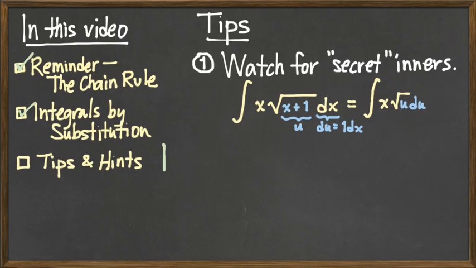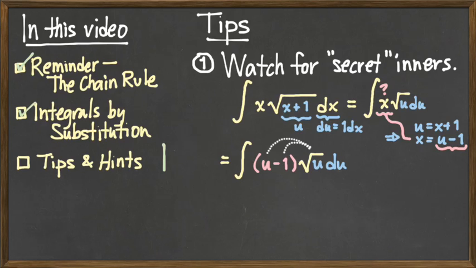The problem, though, is I can substitute x plus 1 for u and dx for du, but that doesn't do anything to fix the fact that I have this pesky x out in front of my square root. So to be able to trade out that x for u, I'm going to go back to my relationship between u and x that says u is equal to x plus 1. Well, if u is equal to x plus 1, that means that x is equal to u minus 1, so solving that equation for x will show me how to finish substituting my x's for u's. So now I get the integral of u minus 1 times the square root of u with respect to u,